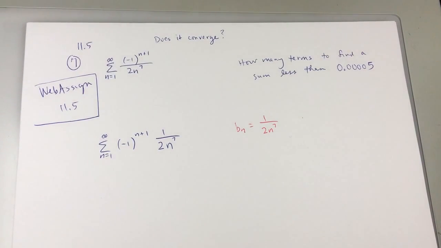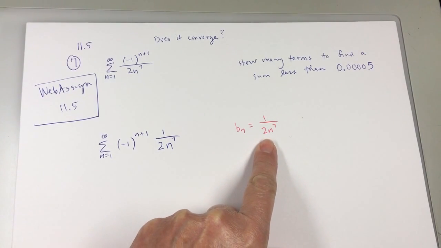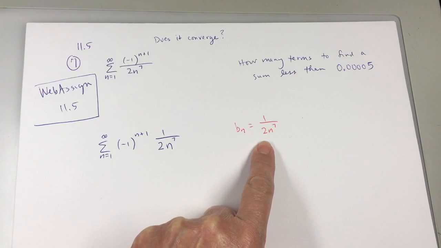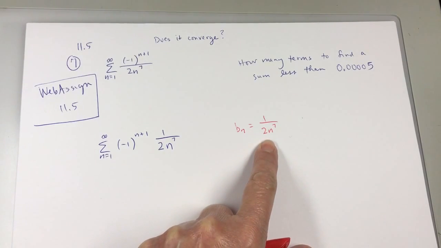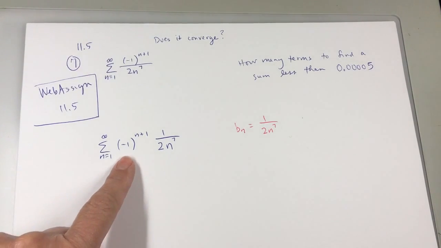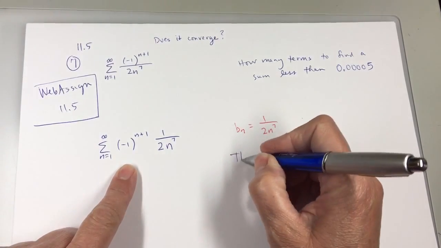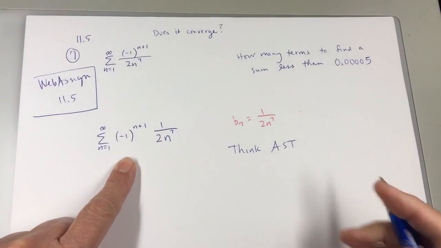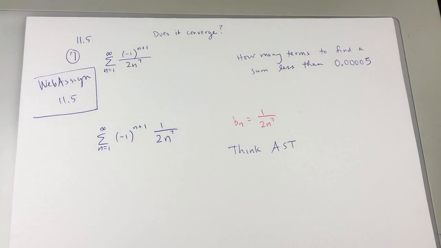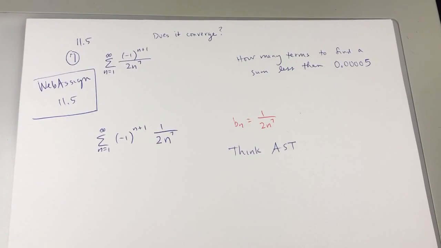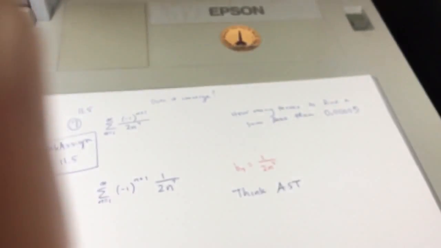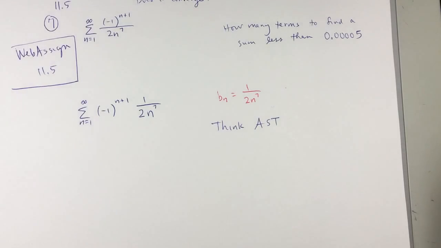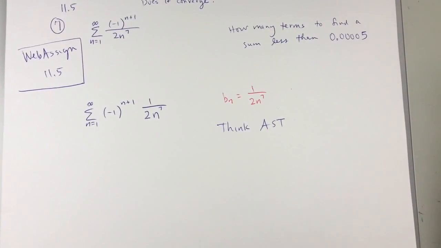If you like, you could factor that 1/2 totally out of the problem, or you could leave it right there. It doesn't matter. If I leave it there, then I'll look at this whole thing as b sub n. And of course, since it's alternating, I'm thinking of the alternating series test. Think AST. For AST, the series converges if